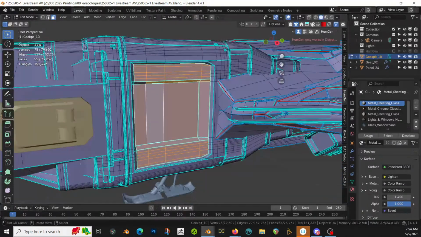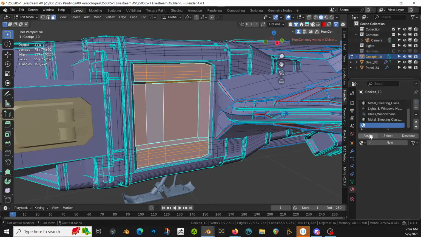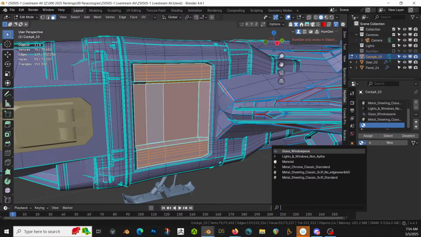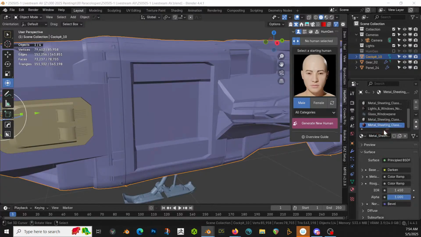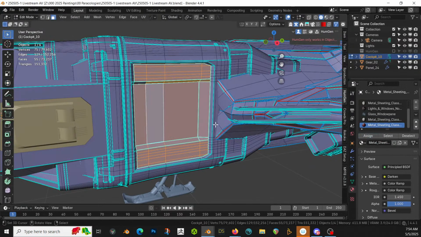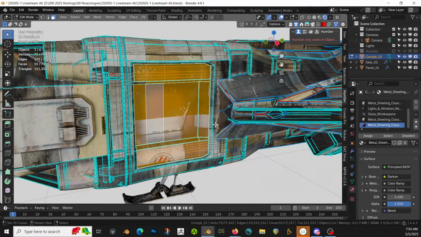Okay, so we want that to be our door, plus a sign. And we're gonna go to alternate. Let's do that. Where are they? Shaders, starships, metal sheeting alternate. Gotta be out of edit mode. Yeah, make sure it's assigned. Take a look at it, see where it's going. Okay, well that's clearly not working for us, but